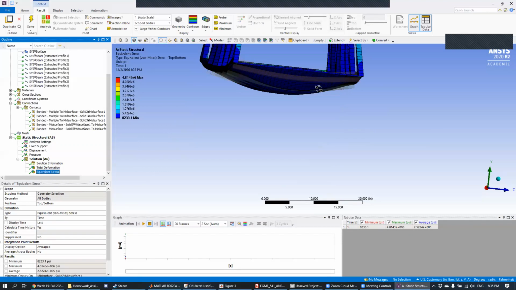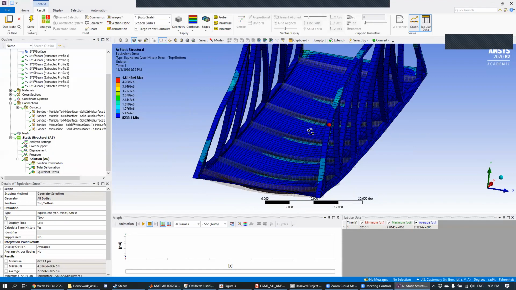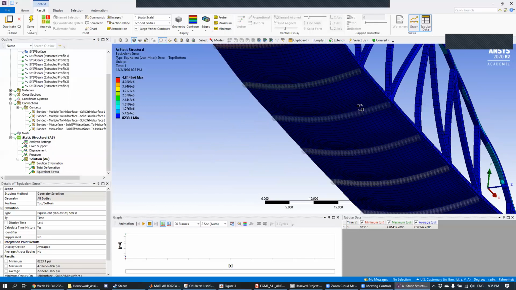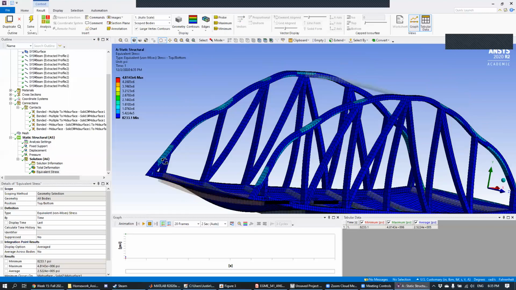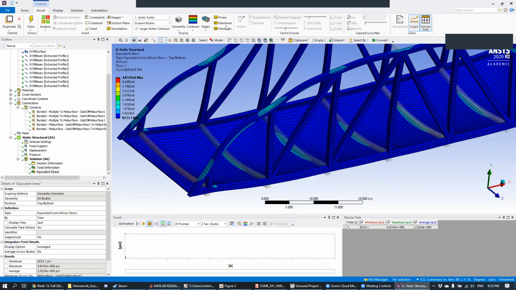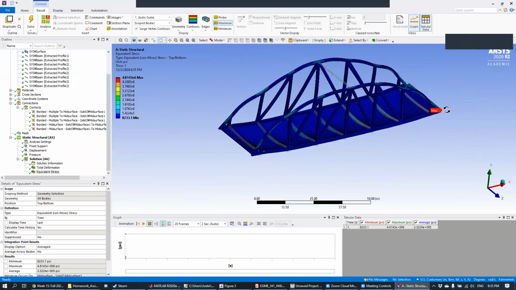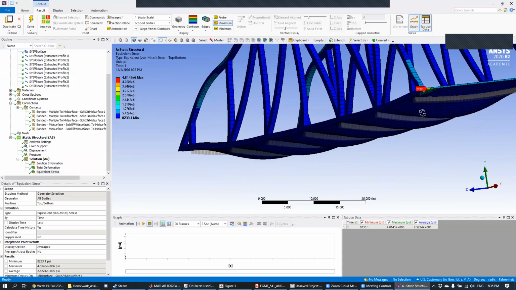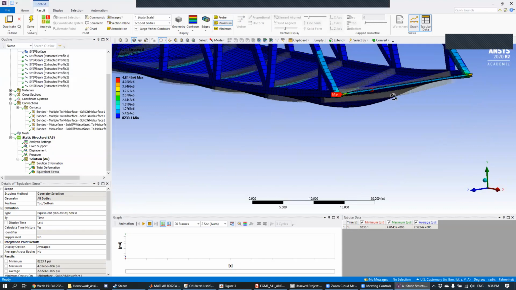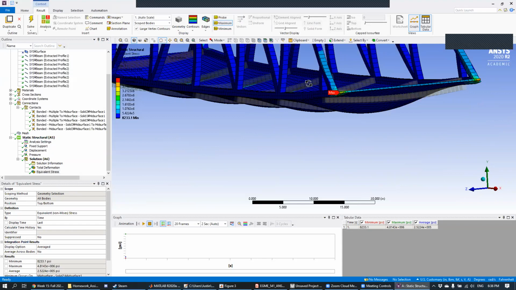Okay. If we look at the stresses, we can see that we have a lot of stresses at the beam intersections. And so the stresses are high there. Where's the maximum stress? Maximum stress, so our maximum stress is here at the edges. And so the stresses that you're seeing here, these measurements are going to be a lot